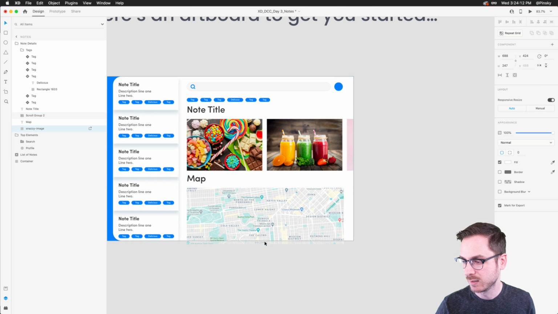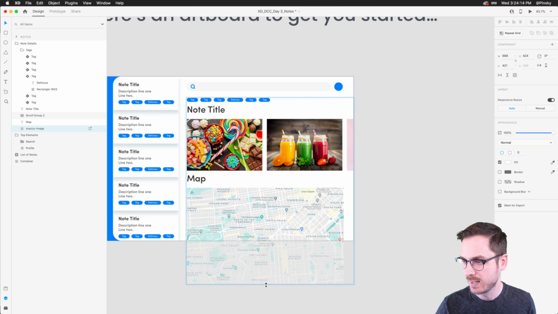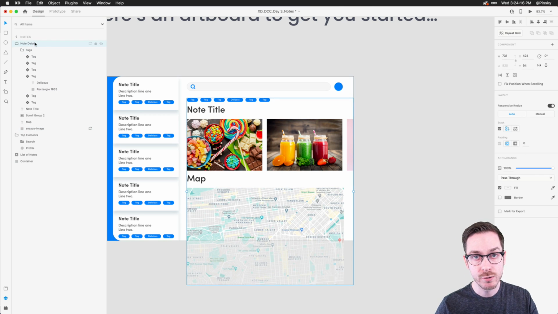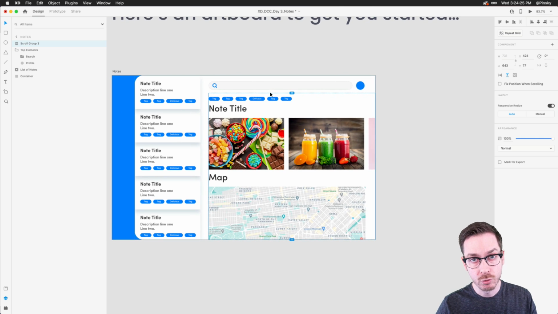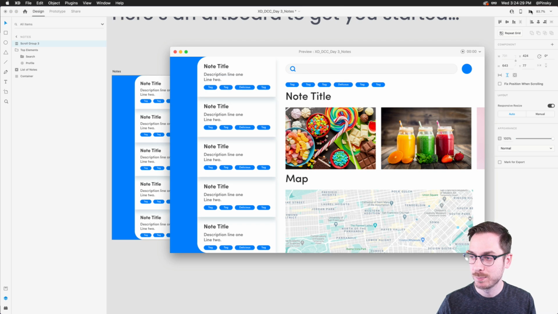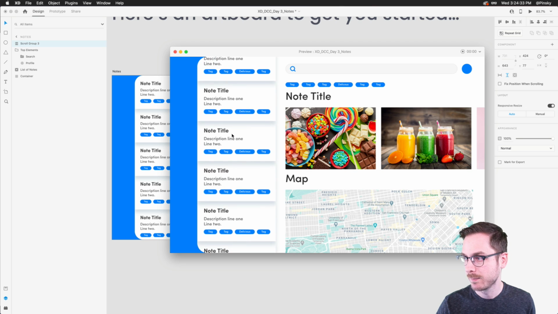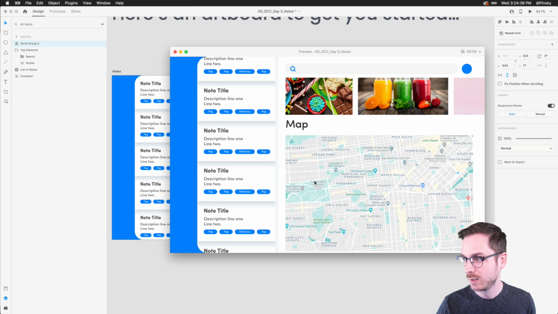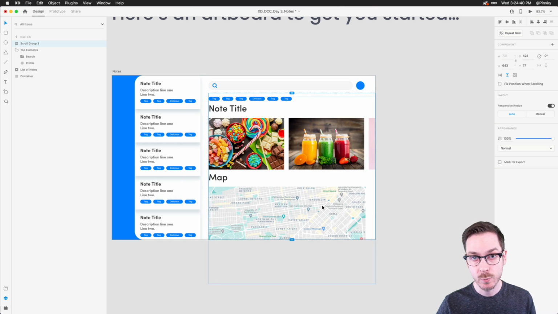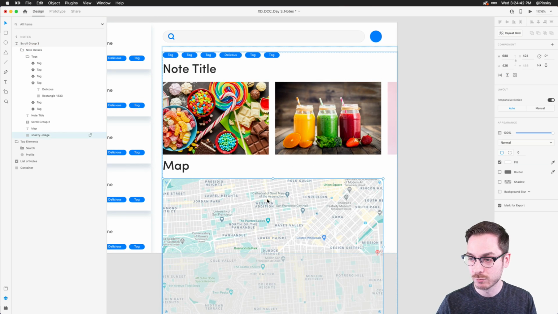And let's say this map is a little bit larger, right? Just down like that. You can also grab the entire note, all the note details, and you can turn on a vertical scroll group. You can adjust the handle at the top. So now you have a scroll group in a scroll group, and you also have a scroll group over here to the left. So if I go ahead and press play, we've got our notes over here that we've created with stacks, right? We've got our scroll group here with the images, and we also have a scroll group on the entire note.